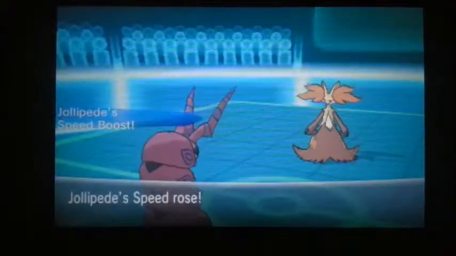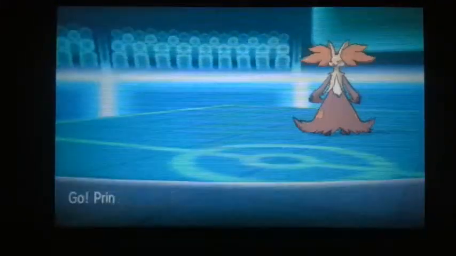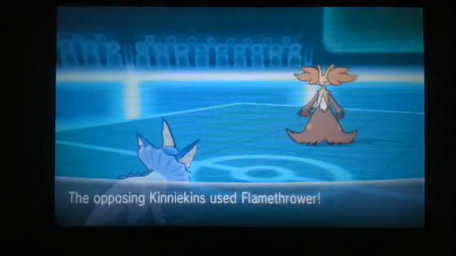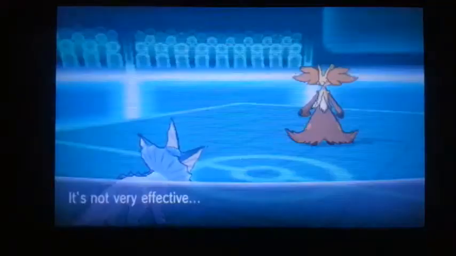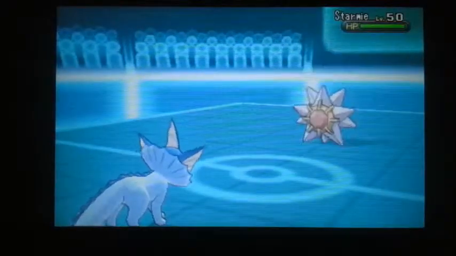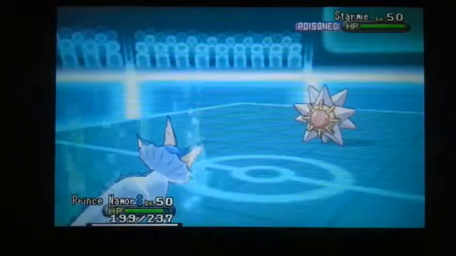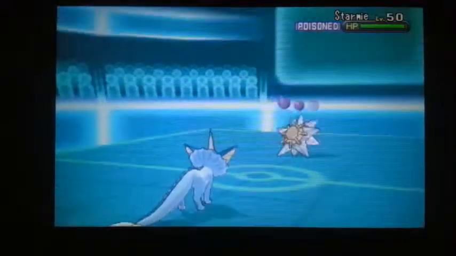So he's opened with Simisage, which is obviously not going to do much to the Scolipede that I started with. So he switched straight out to Delphox. I've obviously set up 2 speed boosts and passed them to Vaporeon because Vaporeon can take the flamethrower from